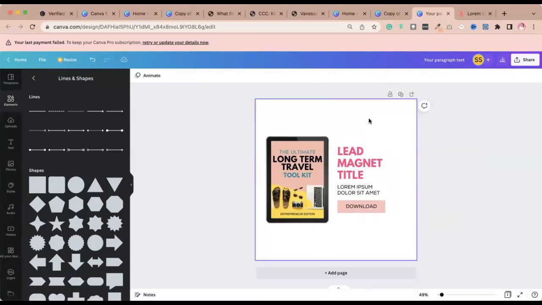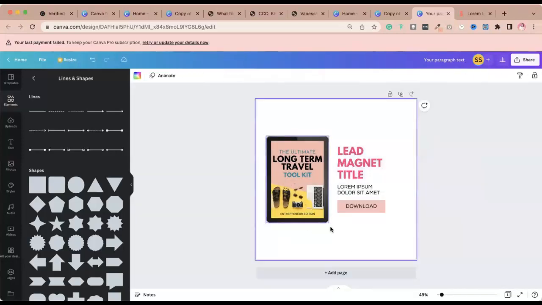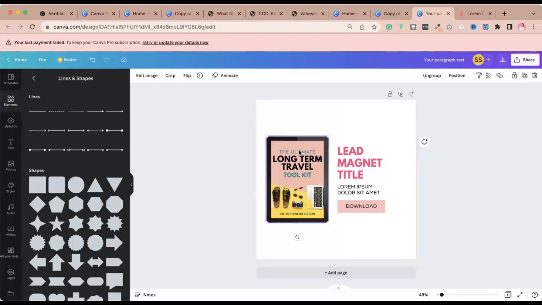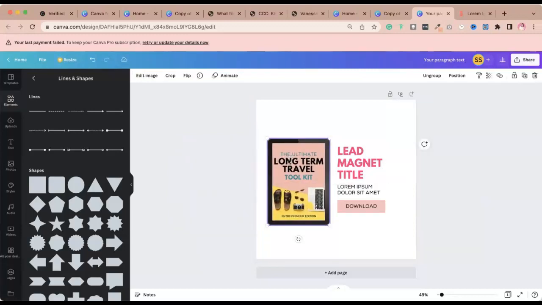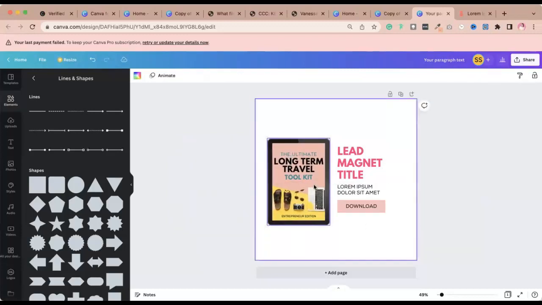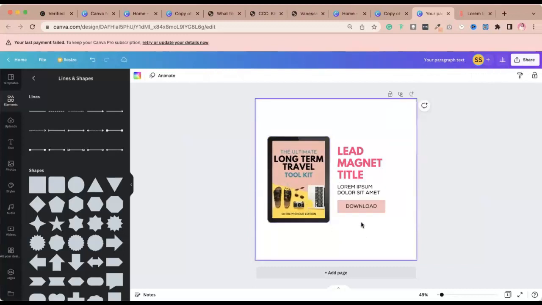Alright, then you can add a background here or elements that you want. But this is the important part. This is how you create a mockup. Because a mockup is important because it will give your audience a snippet of what you're offering, instead of just a blank thing that says lead magnet and free download. But what are we downloading, right? So it gives them a visual representation of what you're offering,